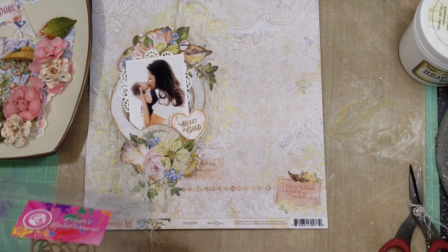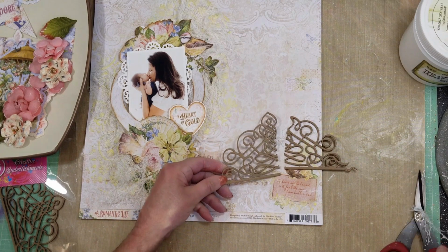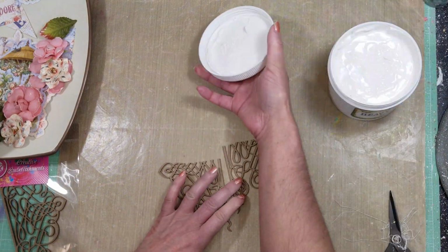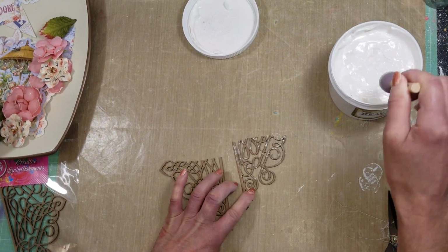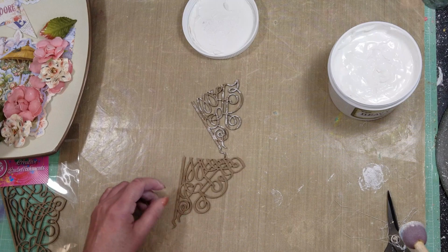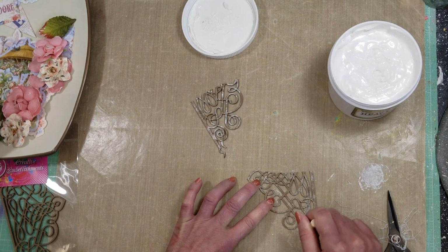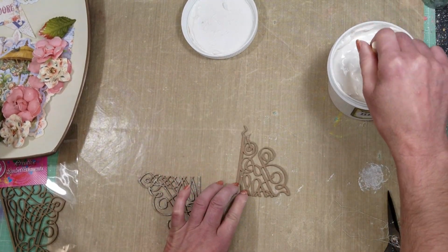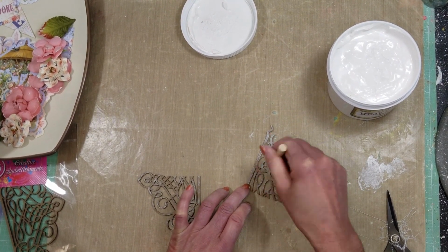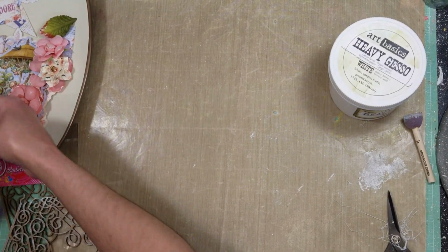And now I place the heart that is my title, and here is when I take the chipboard and cut it in half with my scissor, as you see. And I decided in this moment to add the same treatment, applying gesso with my sponge over all the chipboard. But you know, my friend, you will see that at the end I changed my mind. Sometimes when you are creating something, you have something in mind, and when you place everything and you see the whole picture, you don't like it, but this is part of the creative